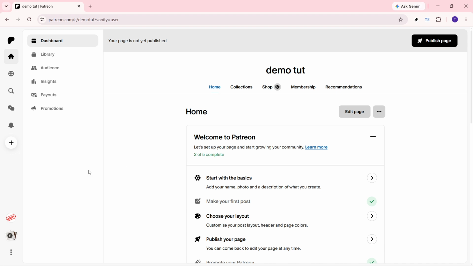Next, click the three dots on the left panel. This will open additional options that may not be visible at first glance. If you don't immediately see what you need, this menu is often where Patreon keeps extra management tools. From there, click on Product. This takes you into the product creation flow, where you'll start building the item you want to sell in your